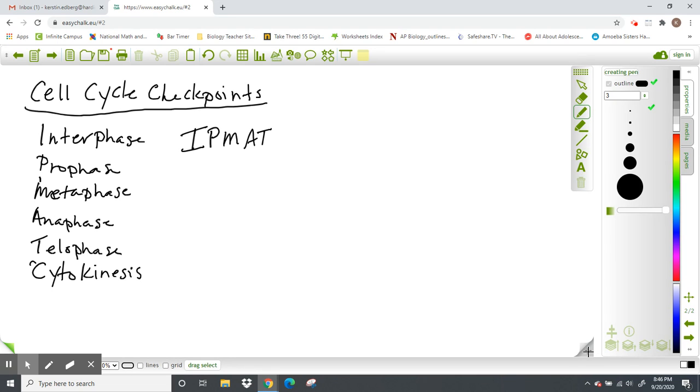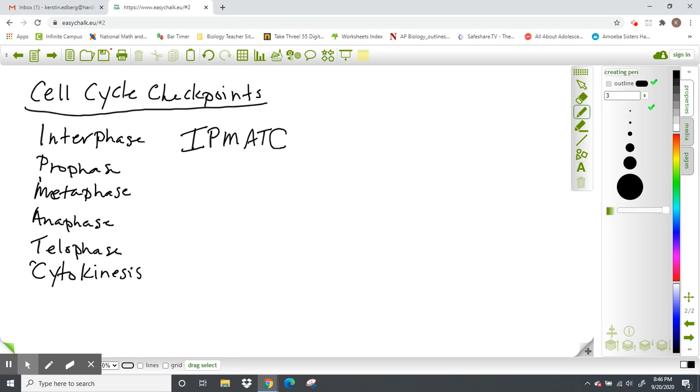If you wanted to put that in there, what I learned in my first year of teaching, I had never heard a sentence to go along with this. I always learned IPMAT, but the teacher who taught next to me would teach his students the phrase, something along the lines of, ingenious pimps make all the cash. He told me that, and it was like a light bulb went off. I thought, wow, that's a really interesting but good way to remember that. If you can remember that sentence, those should stay in order for you.